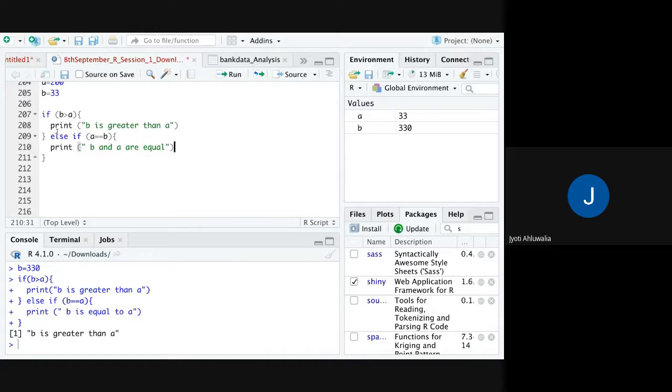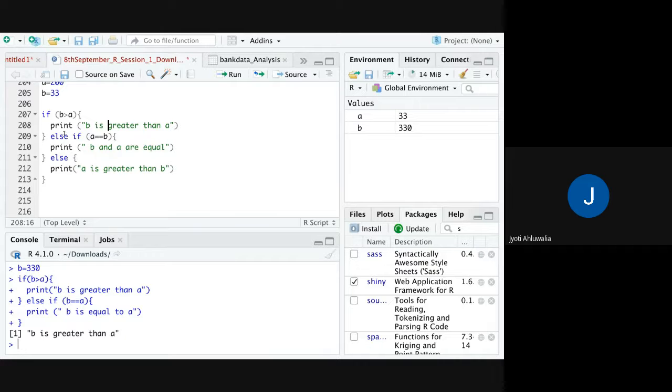Now, if this condition is also not true, then I say else, you print A is greater than B. So here we have three conditions: if B is greater than A, print B is greater than A. Else if A is equal to B, print B and A are equal.